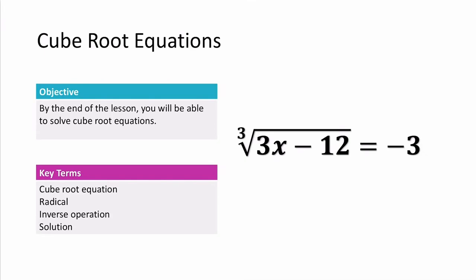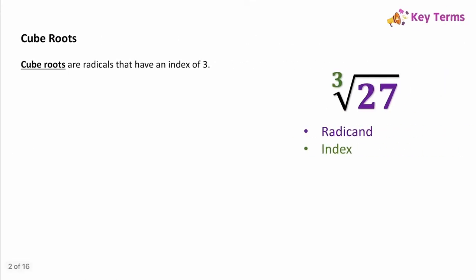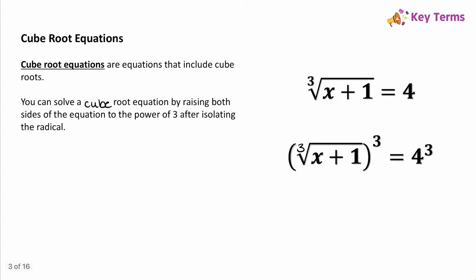Let's talk about how to solve cube root equations. Cube roots are radicals that have an index of 3. A cube root equation is an equation that includes a cube root. You can solve a cube root equation by raising both sides of the equation to the power of 3 after